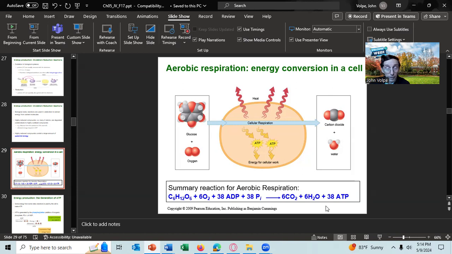Now, this is a summary reaction where we're showing it in one step. In reality, aerobic respiration includes numerous chemical reactions and a few physical reactions. A chemical reaction is something where chemicals combine and then become other chemicals. A physical reaction is where a chemical doesn't change its form, it just changes its state, such as when you